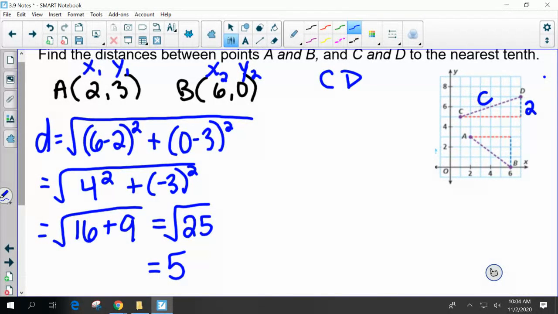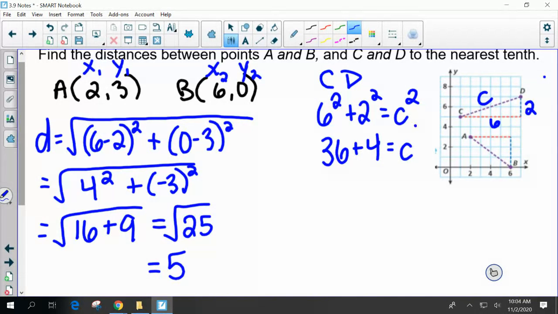So I'm going to have 6 squared plus 2 squared equals c squared. So 36 plus 4 equals c squared. So 40 equals c squared, and then square root. So c would equal